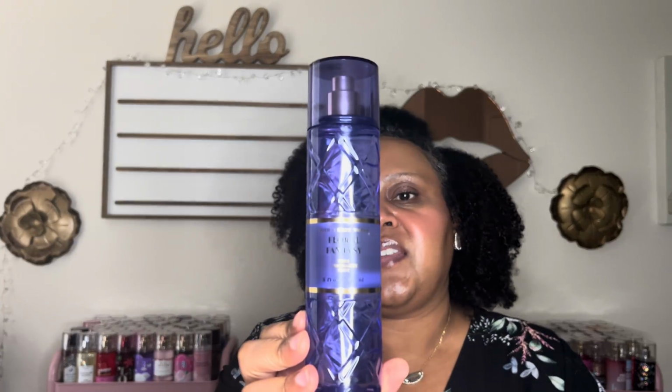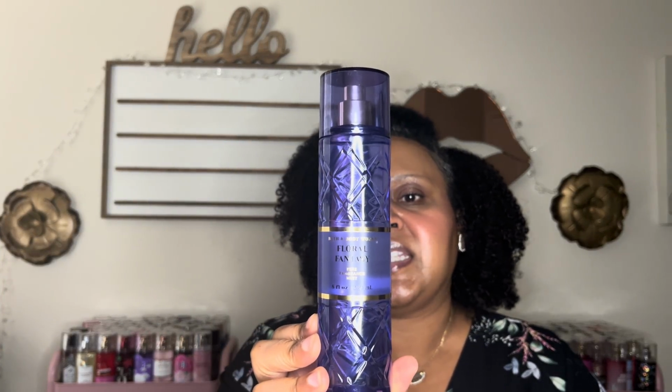Okay, the next one we're going to talk about is Floral Fantasy. This has notes of peach osmanthus, jasmine, and warm patchouli. Y'all, when I smelled this, immediately I said, Flower Bomb, Flower Bomb. This smells exactly like Viktor & Rolf Flower Bomb to me. But honey,